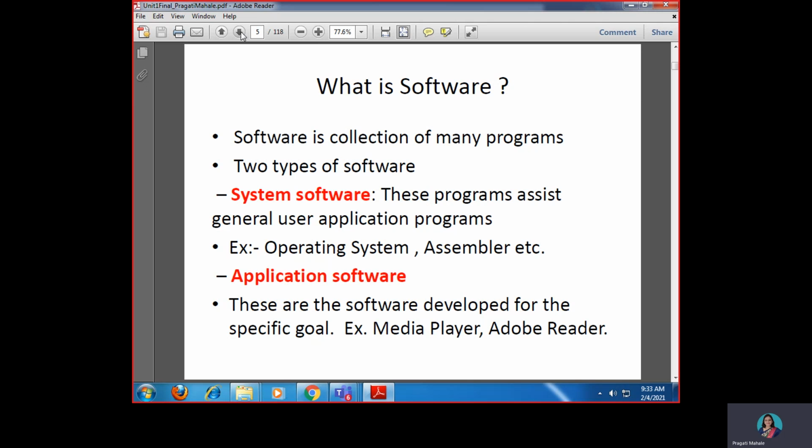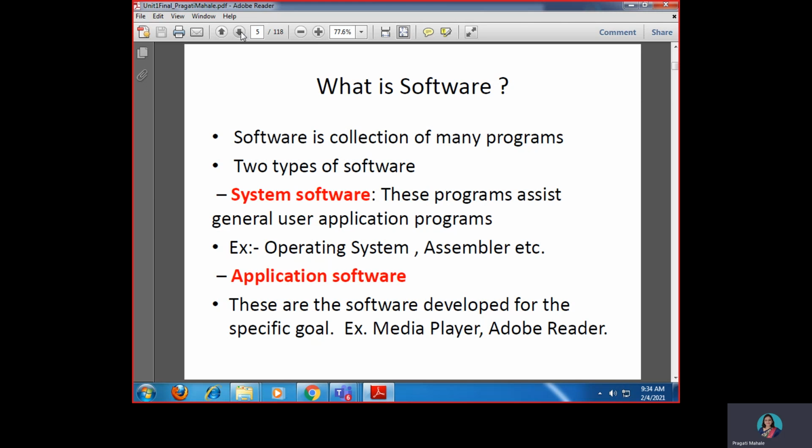One of the best examples of system software is your operating system, which works in the background and provides all the necessary things like memory, files, manages the resources, and makes available all the system software or the compilers or the programs which are running in the background, which are required by the user, but the user does not have to care for all that background processing. It is all taken care of by the operating system.